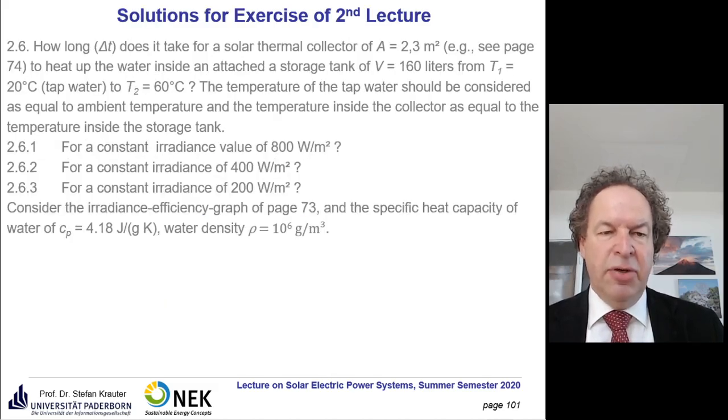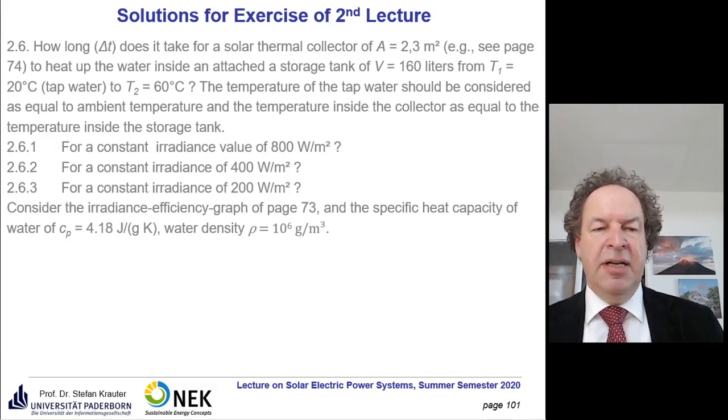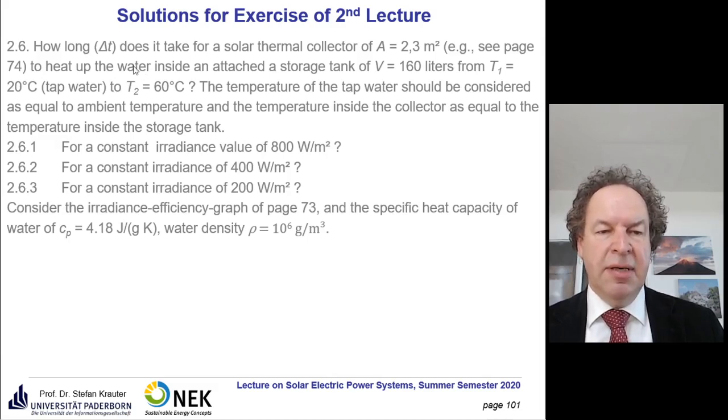So we take a look at the warming up, so more the dynamic part. We take a look at the area of 2.3 square meters and a volume of 160 liters. And we heat it up from tap water from 20 degrees to 60 degrees here. Yes, we take into consideration a constant irradiance of 800 watt per square meter, which is quite idealistic. You never have a constant irradiance, but we saw that we come very close to the